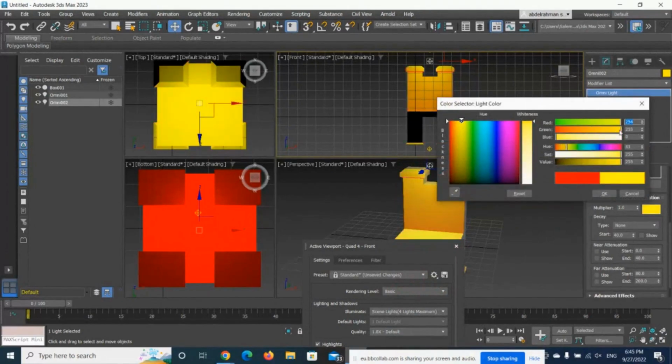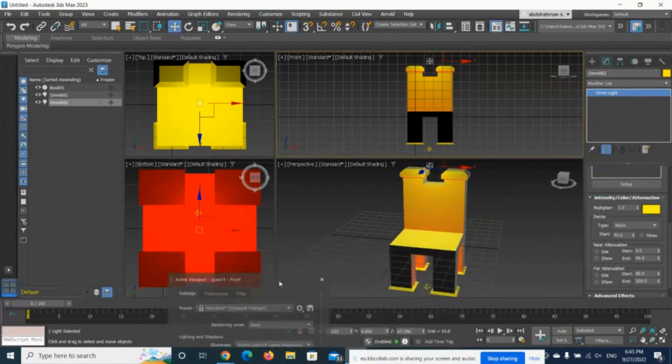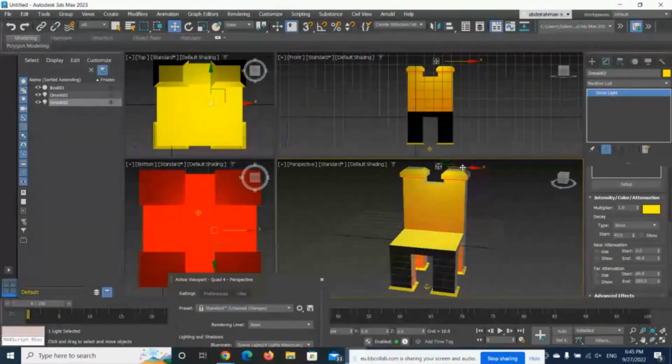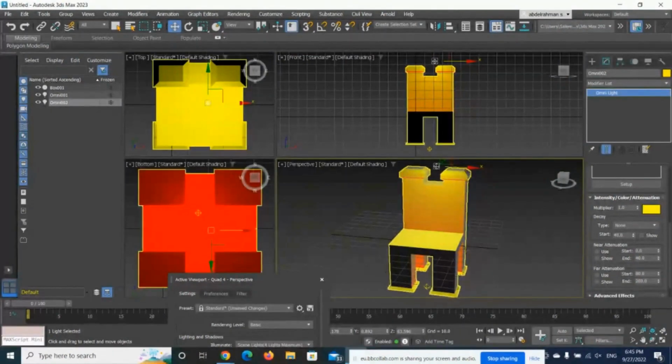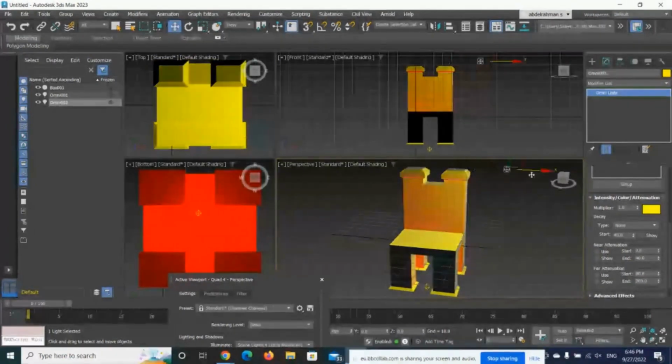Yellow. So, I'm taking yellow with red, and the scene looks kind of scary. You've got yellow from above and red from below. These are the colors, and there are no areas in between. It's like an orange plane as much as you can. But if this color shifts a bit to the right and goes down like this,